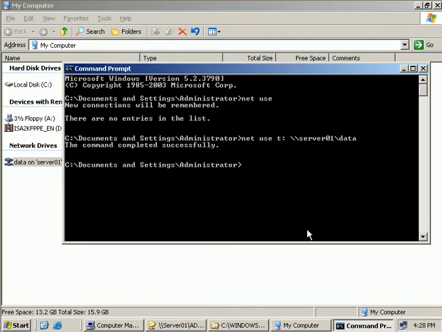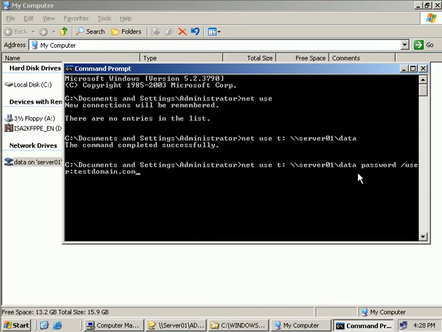Now if you are connecting using an account that doesn't have the correct permissions to access the share, the command prompt will prompt you to enter a username and password of an account that is authorized to connect. But if you do want to provide a different username and password, you could try this option. We'll still use our net use T along with our server name and our data directory, but after that we type in the word password followed by /user with a colon, and then the name of a user we wish to connect as. Now because we're in a domain context, we're going to have to use our domain first, so we'd type in